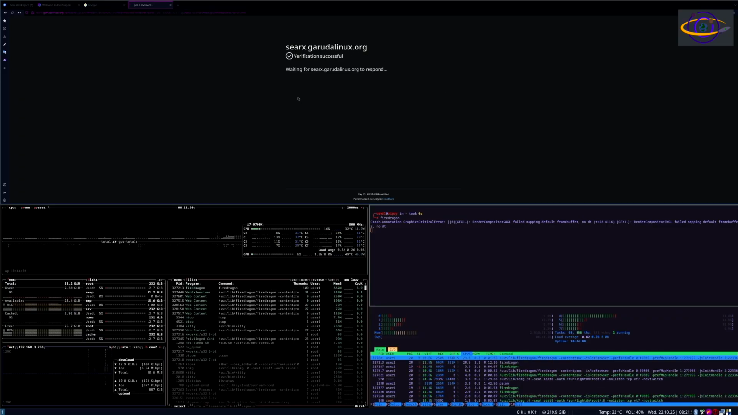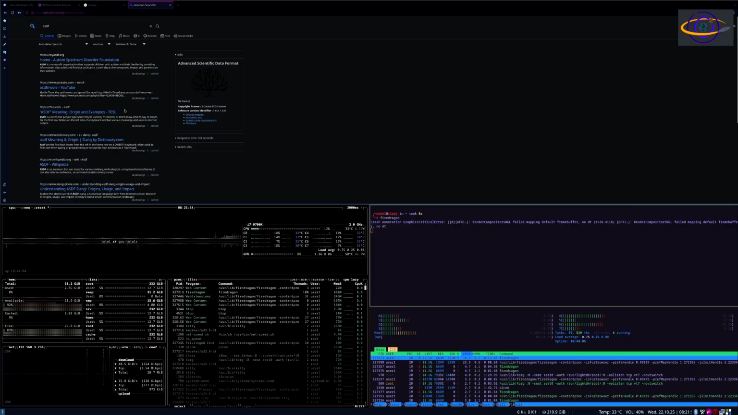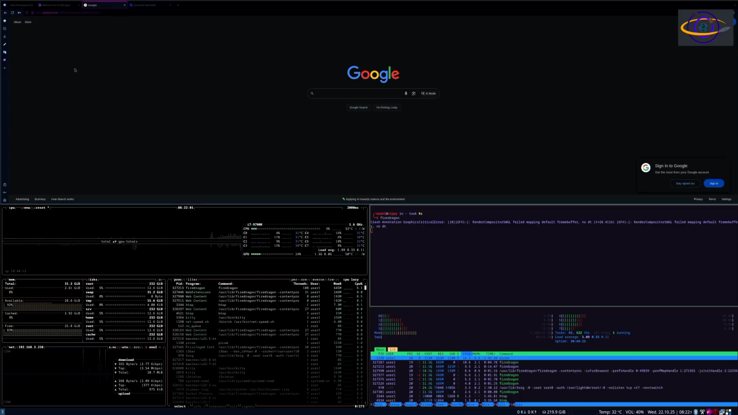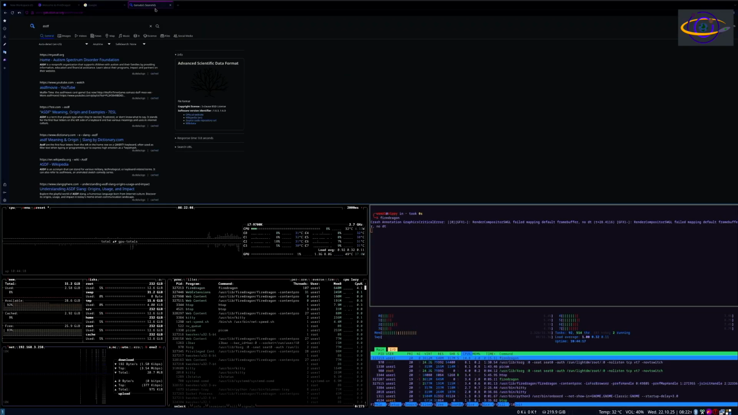crx.garudalinux.org. Verify that you're human. It's a little bit of a pain, but it's more like a free, open, won't track you type of search engine going right through garudalinux.org. So that's kind of nice. Anyways, not to get off topic here. I just wanted to open a browser so you see a browser in addition to